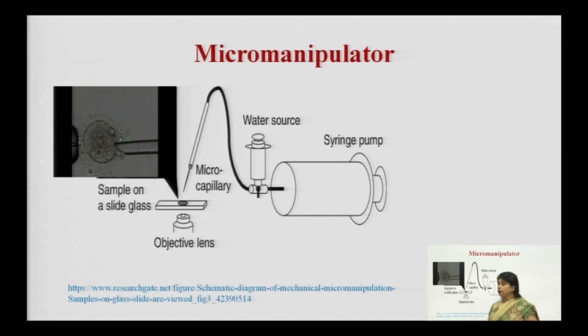Similarly, there is one method known as the micromanipulator. This is a specialized, industry-based technique in which a single microorganism is isolated with the help of a micropipette. We can see those single species in the microscope, and pick them with the help of these micro capillaries. Those single species are then added to fresh cultures, and we will be able to generate whatever species we want to pick. We will see the image, pick the species with the micropipette, and transfer it into fresh culture, and we will obtain a pure culture of microorganisms containing a single species.